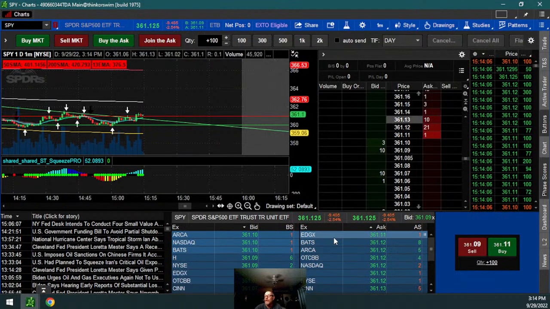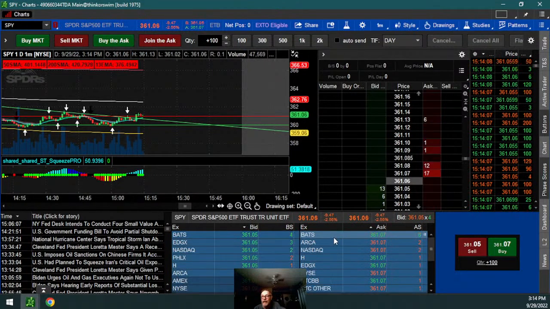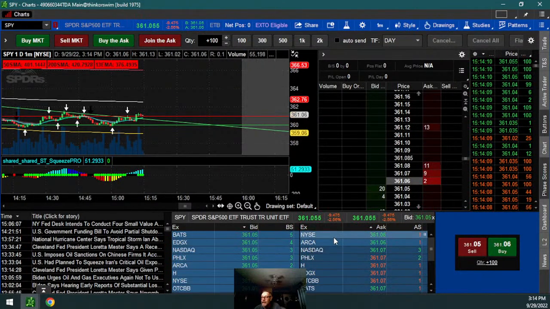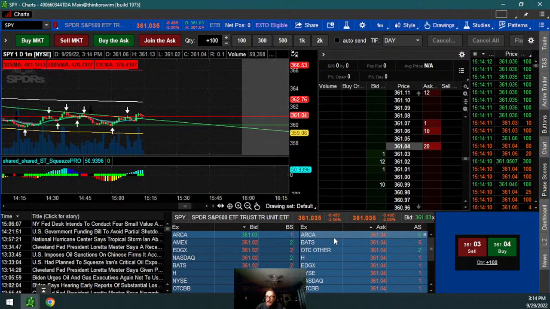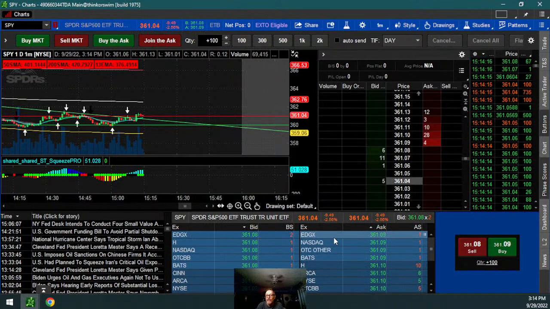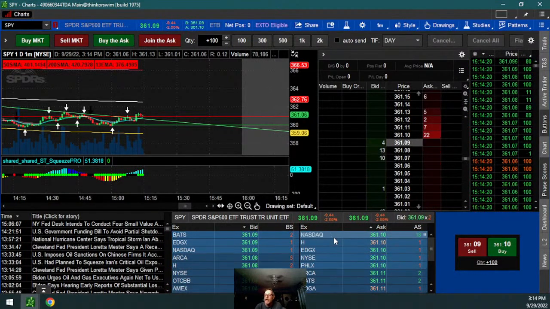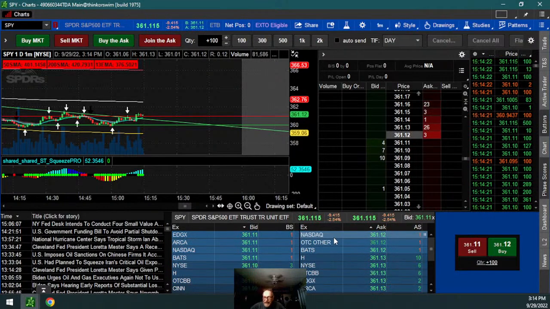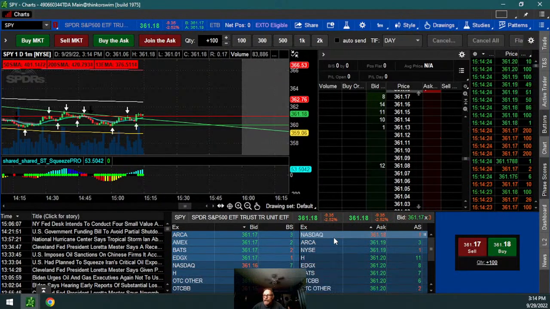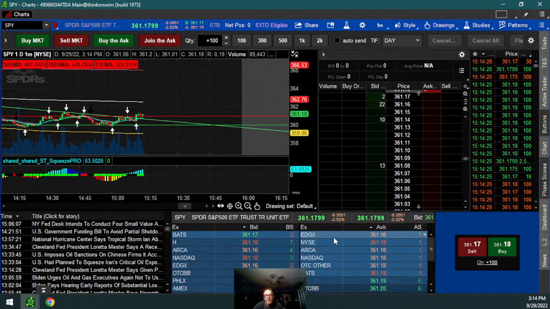Otherwise, make sure, like Engineer's been doing all day, because I showed her how to do this. I told her she should do this, and she's doing it. When you're in a contract and it starts to go the other way, when you're about 5%, or depending on how many shares, you're down about $80 to $100, just get out. Keep your losses low. And if you do that, you won't end up like me for the day.